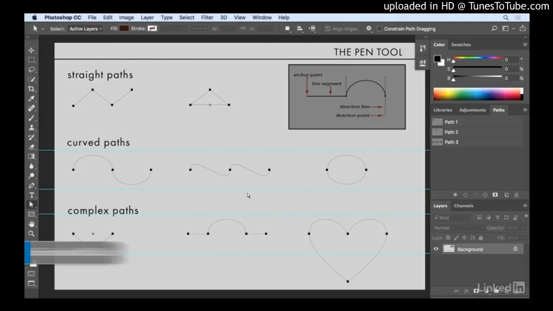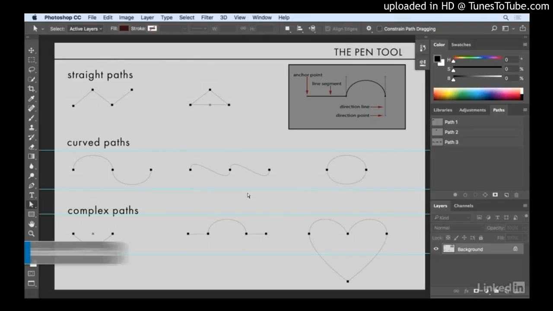Or if I drag out to the left, I actually get a loop. So I just want to Option drag to the right there to drag back out that curved point. All right, to end that path, I'll hold down the Command key and just click, and then hold down the space bar and scoot over to the next path.